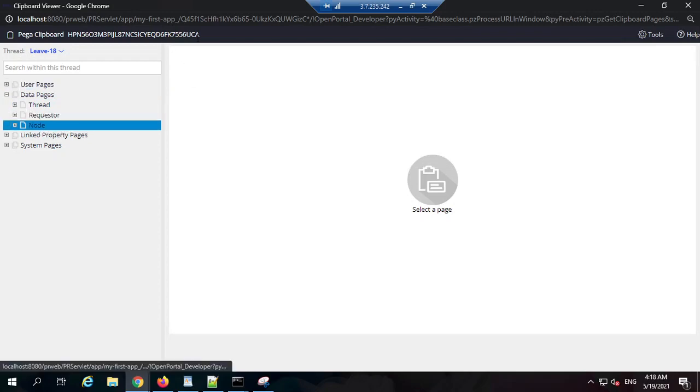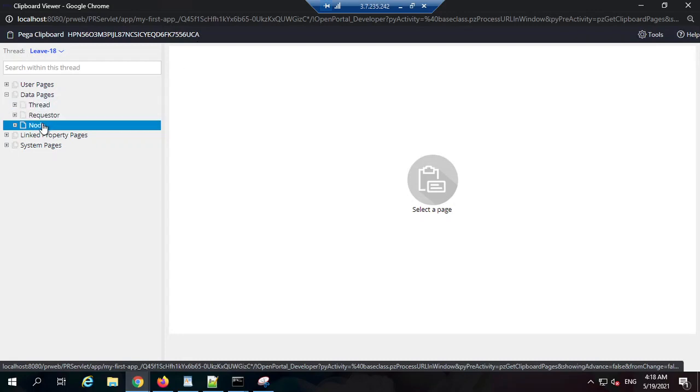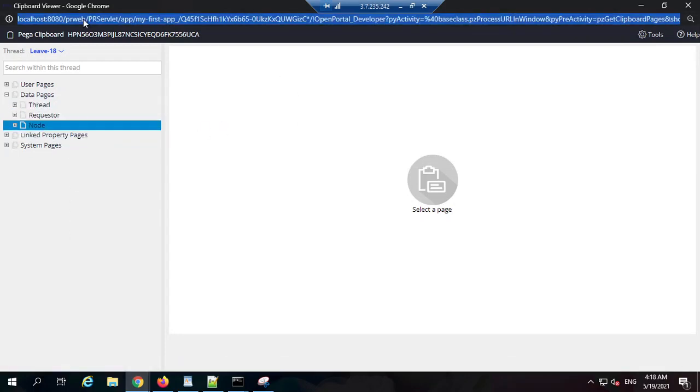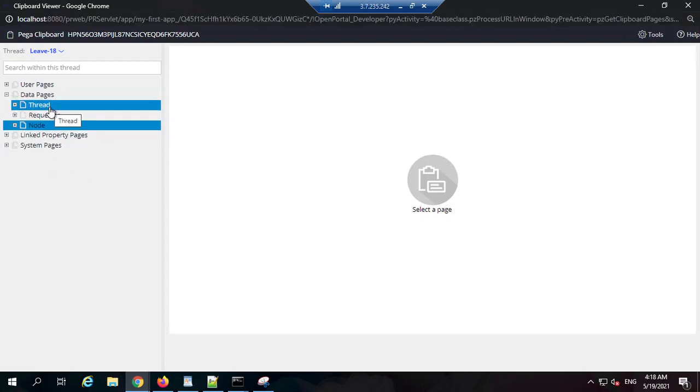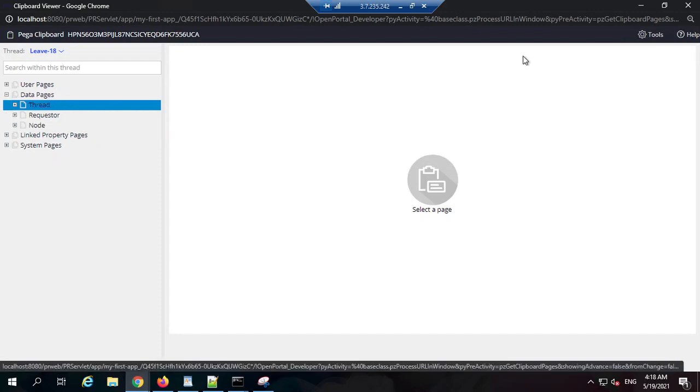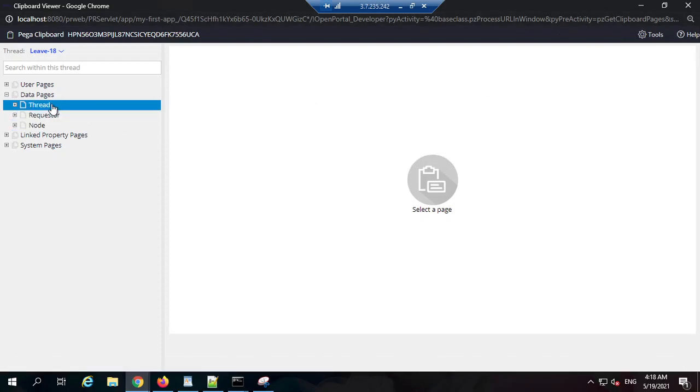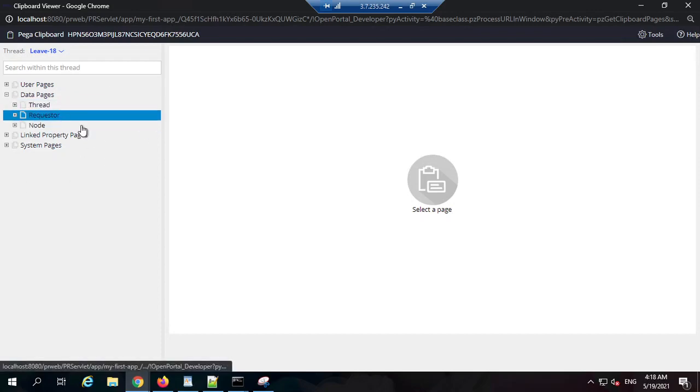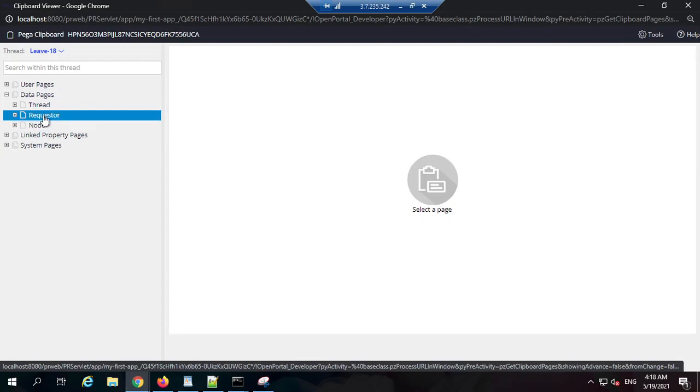And what is the node level? Node is basically a server node, and people log into that one. Suppose the server that I'm using is a single node. Everyone who is logging into the system will come to this specific node. So if the data is generic in nature and everyone can have the same data copy, then I will mark it as node. Let us take an example. Let's say I'm logging into the system and it is very specific to the thread, suppose I am getting customer details based on some conditions, then it will be thread. And if it is very specific to me, I mean my login, then it will come to requester.